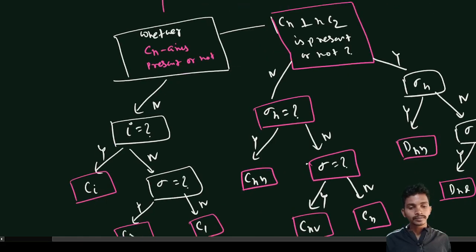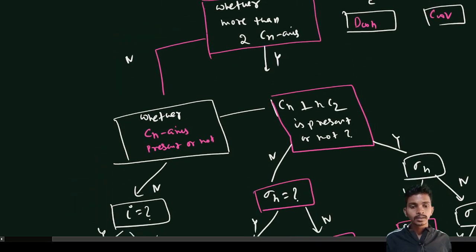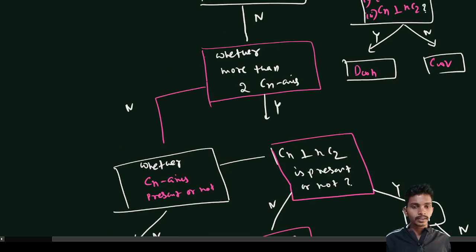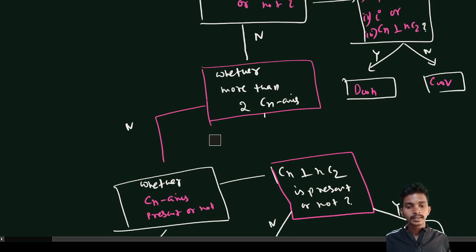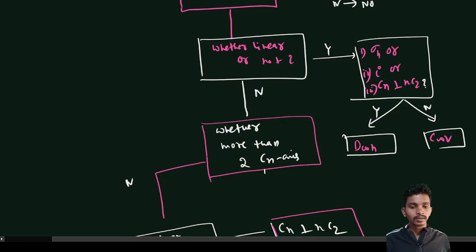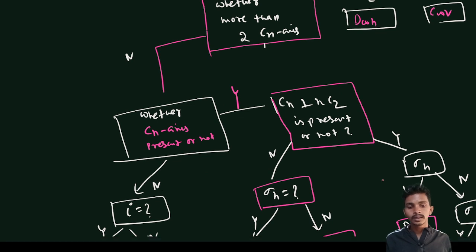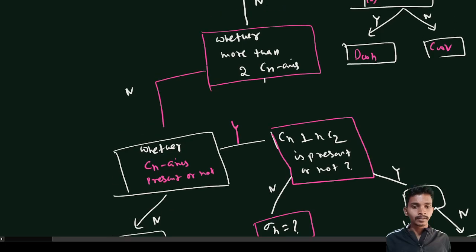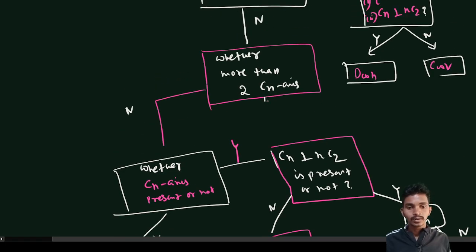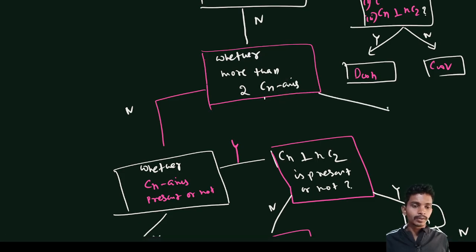Okay, so like this we can categorize. And now this one thing we have left with: more than two CNs. If this is no, after that, and if this is yes, after that we check whether CN is present or not. If no, then I have to do this. And if yes, then I ask these questions. No, then yes is here. Okay, now here this is no. Now I will do one. Now I will do here. If yes, more than two CNs, then I will ask